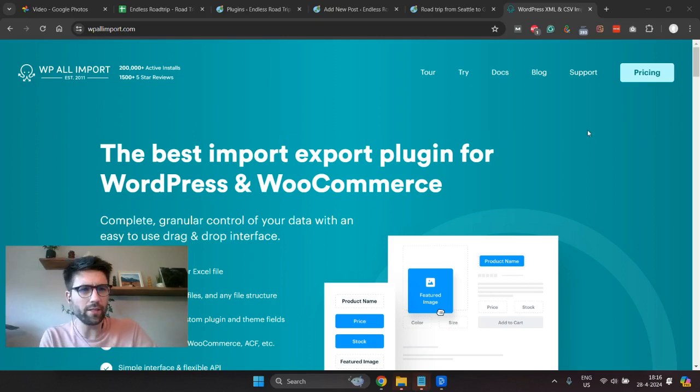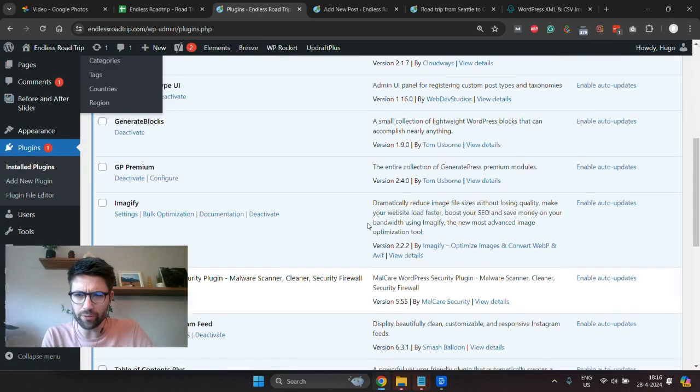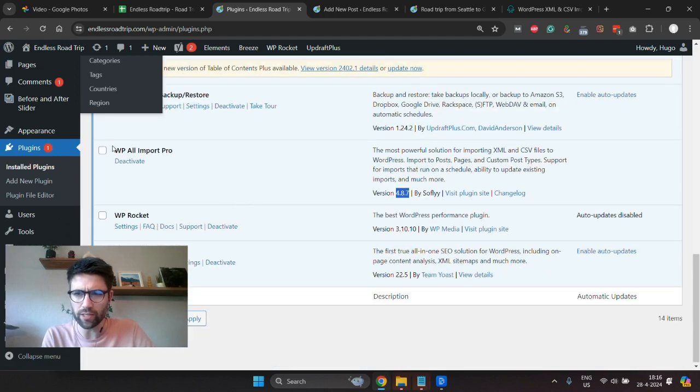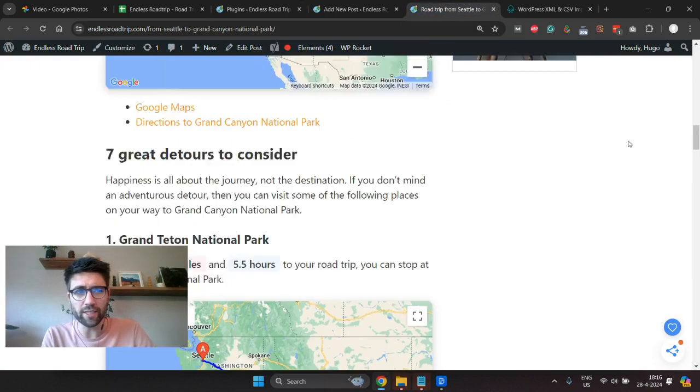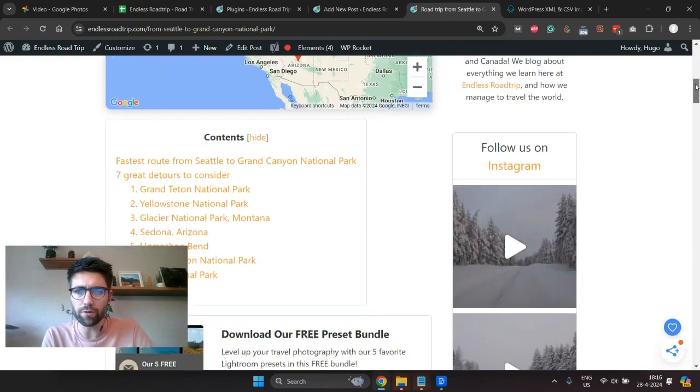Hey everyone, in this video I'll be showing you how to import posts to WordPress via the WP All Import plugin, but while still retaining the Gutenberg blocks in your editor. I'll just quickly show you which version I'm running. I'm running the WP All Import Pro plugin, version 4.8.7, and today I'm going to create 8 new posts like